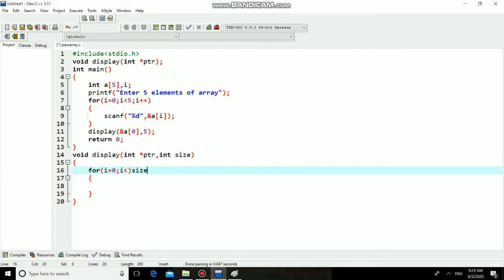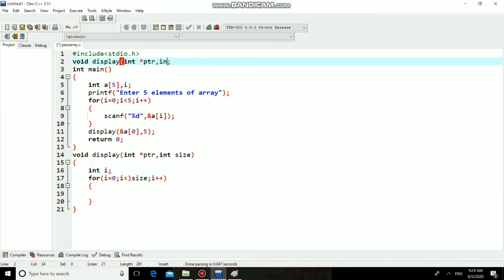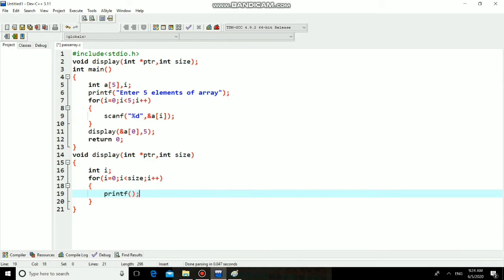So that will be the limit. Declare this i variable here. Modify the function declaration accordingly, and you can print those values.